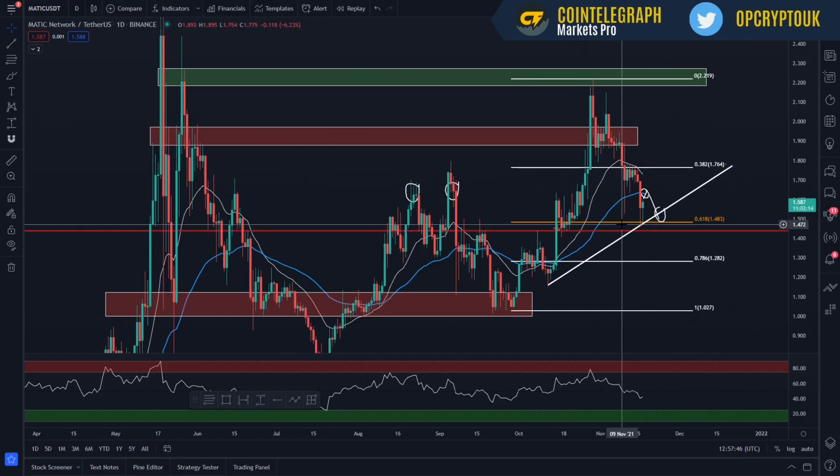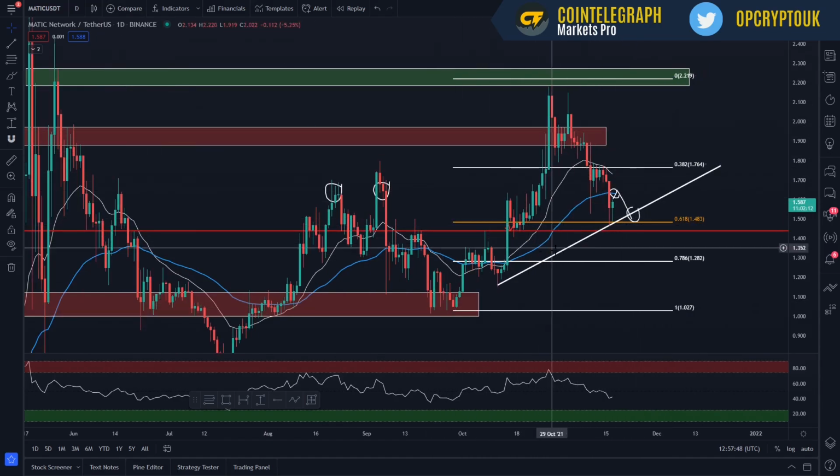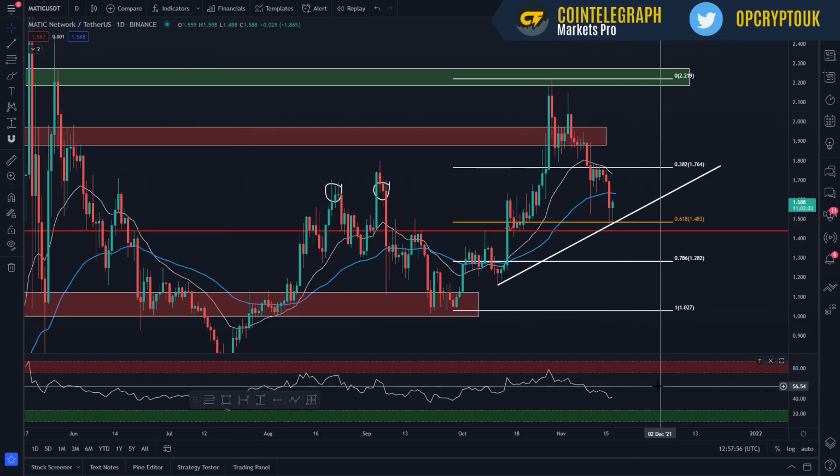So the daily time frame is not looking the best, but we have done that golden ratio retracement, which is what I always look for. So fingers crossed we can regain that 50 and push on. The RSI, just to take note, is down at 43%. So that does show that there's significantly more upside to come, and I think there's definitely a lot of room